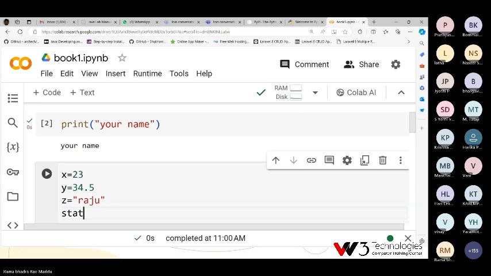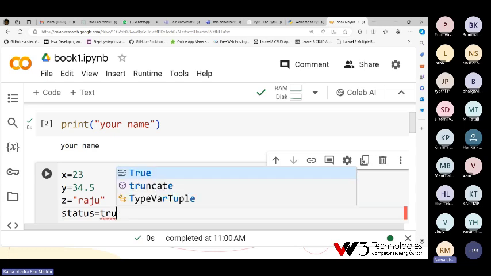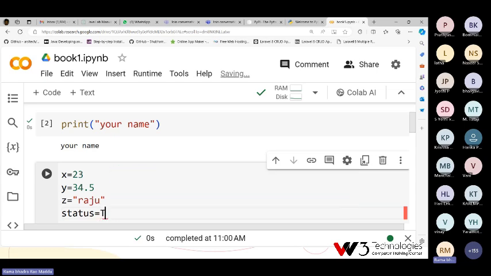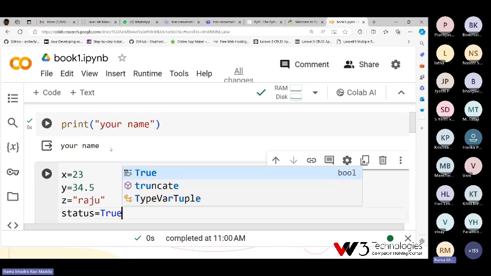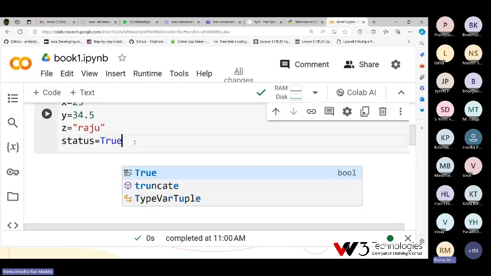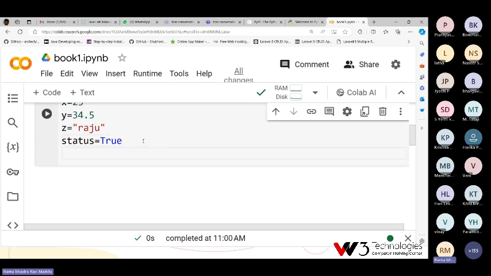Status is equal to true. Small true is not accepted. We need to give capital T True. Then Python will recognize it is a boolean type data. T must be capital.